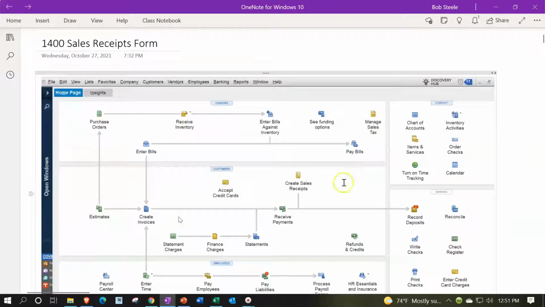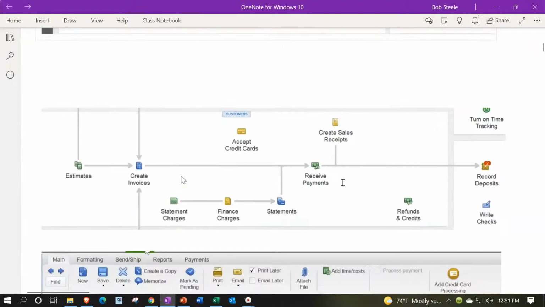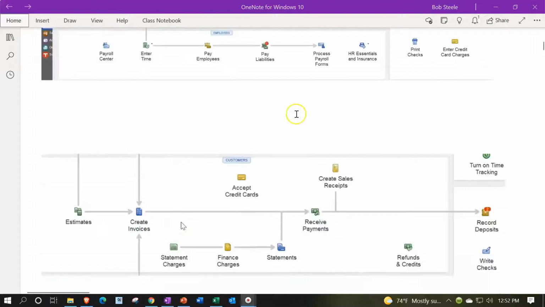This is the screenshot of the home page. We've been focusing in on the customer section here. Looking at the flow of the customer section, here's a drill down, a closer look at the customer section. We're focusing now on the sales receipt type of form. We've jumped from this line down here, which is the accrual process, invoicing, receiving payments, to recording the deposit, to this line, which you can see skips up here in the middle